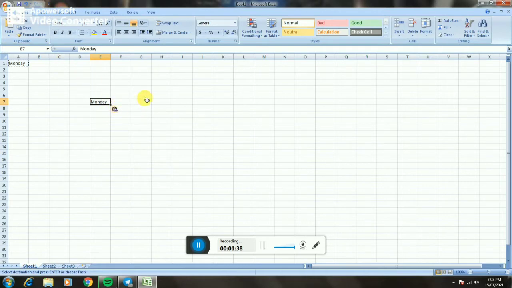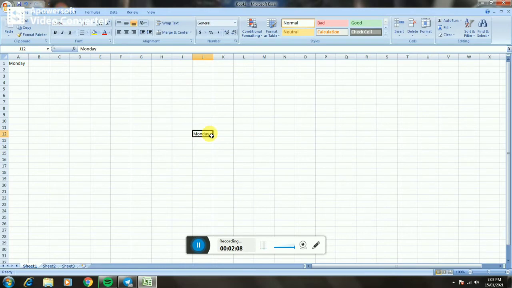Next one, using the mouse cursor. Step 1, select the cells to be copied. Step 2, place the cursor anywhere around the border of the selected cells except on the lower right corner. The shape of the cursor will change to a four-headed arrow. Step 3, click and drag the cursor to a blank cell to move the content.